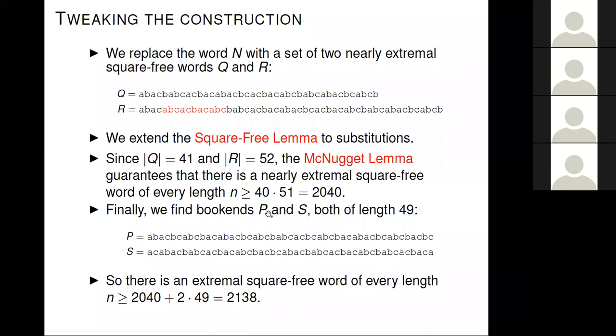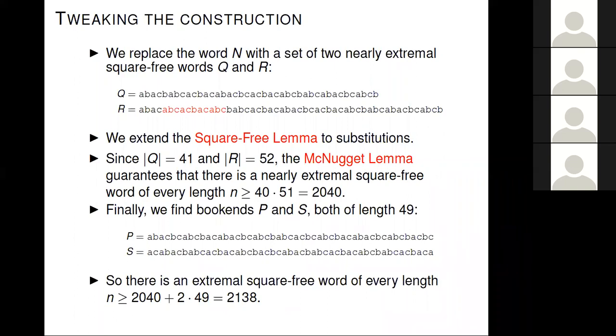And so you have to suitably permute and reverse P and S, and you have to switch them for the reversed ones. So we needed these bookends to be the same length. So anyways, you take your Squarefree walks, you replace with Q's and R's, and then you bookend with P's and S's. And you get an extremal Squarefree word of every length at least